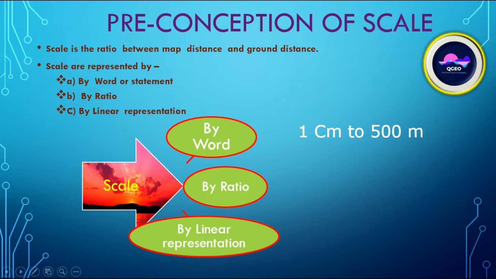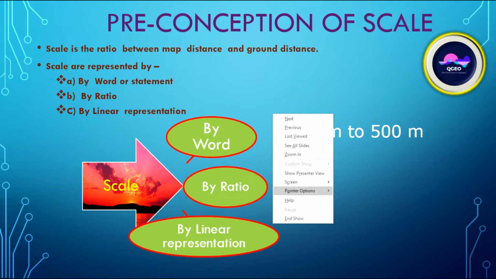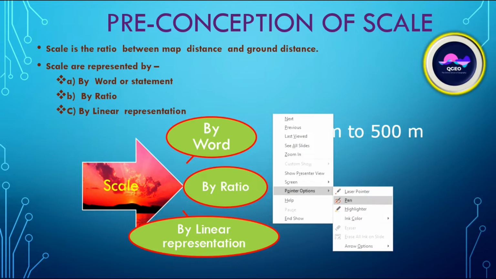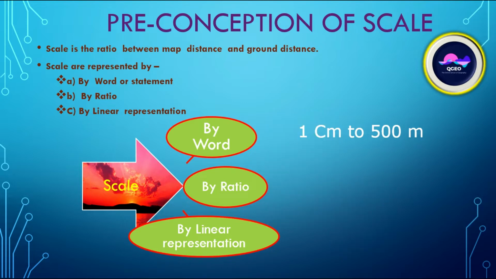That is, 1 centimeter map distance is equivalent to 500 meter ground distance. This portion is the map distance, and this portion is the ground distance. Okay, clear? Now, by ratio,